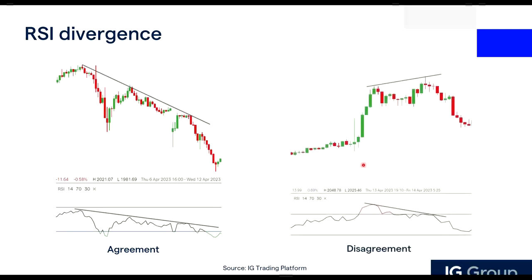But there will be a divergence in this example on the right, when you see that the prices are creating a higher high. It went to a high, retraces, consolidates a bit, and then went for another higher high. But this time round, the indicator is not showing a similar trend to go up and up. It went up, but then it went down. So when prices form higher highs but the RSI is showing a lower high, this is what we call a divergence, RSI divergence. In this case, it is a bearish divergence.